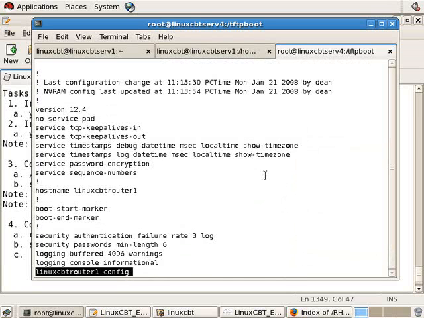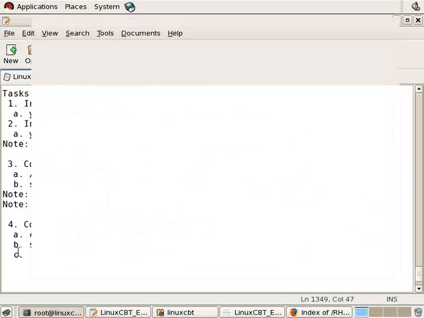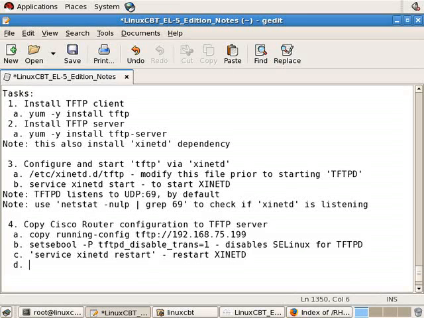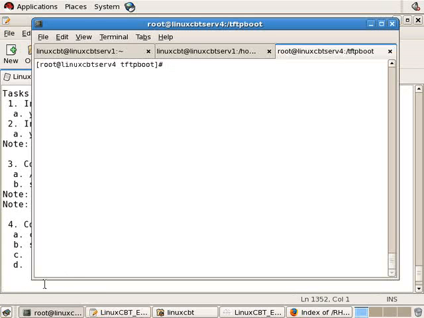Also ensure that the file is writable by the world. So we should just note that: chmod 666 the file name, to permit Tftpd to write, unless you've overridden that feature using the -c option when you start Tftpd. If you man the in.tftpd man page, you'll see how you can override having to flag the file world writable. But you must flag it world writable in order for Tftpd, with the default startup, to